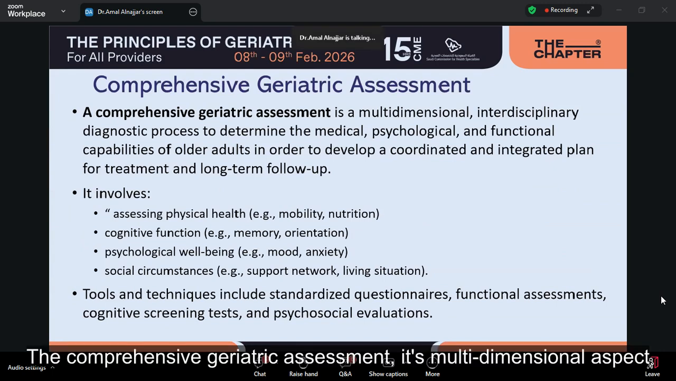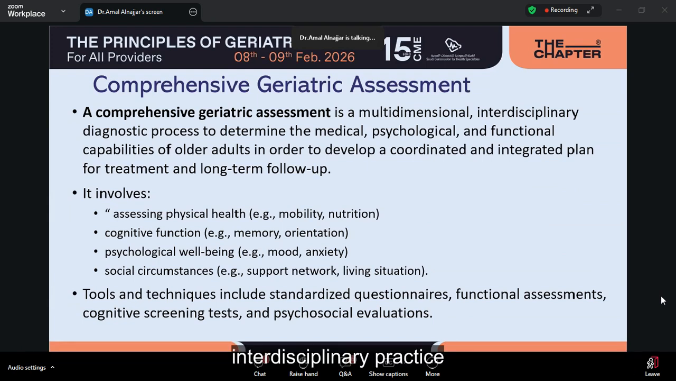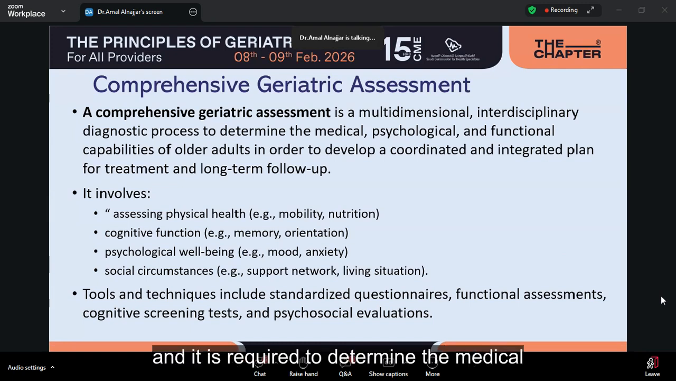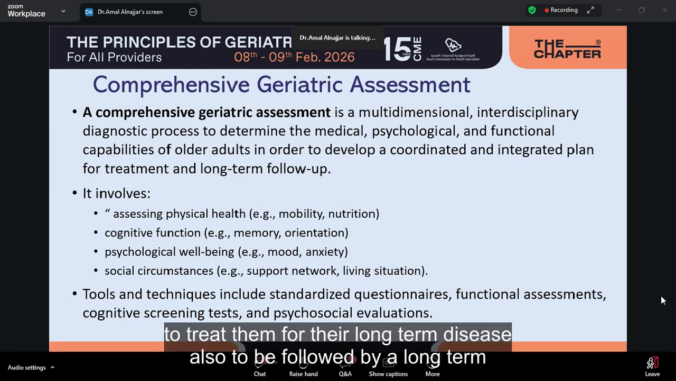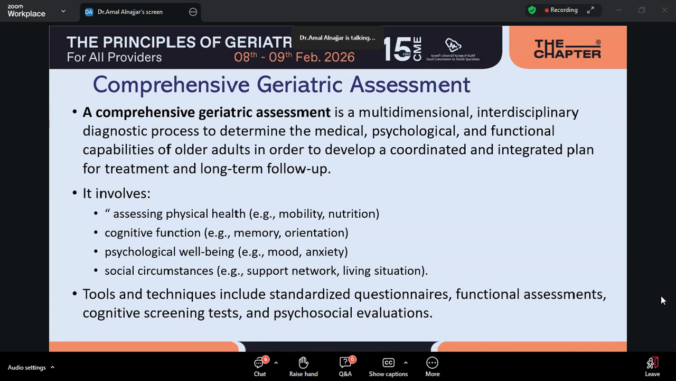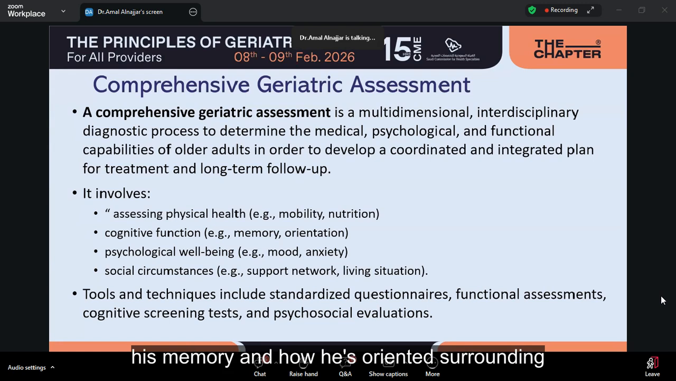Comprehensive geriatric assessment is a multidimensional, interdisciplinary practice, and it is required to determine the medical, psychological, and functional capabilities of older adults in order to develop a coordinated and integrated plan to treat them for their long-term disease, also to be followed by a long-term checkup. It involves assessing physical health, like mobility, nutrition, and cognitive function of the person, his memory, and how he is oriented to the surrounding